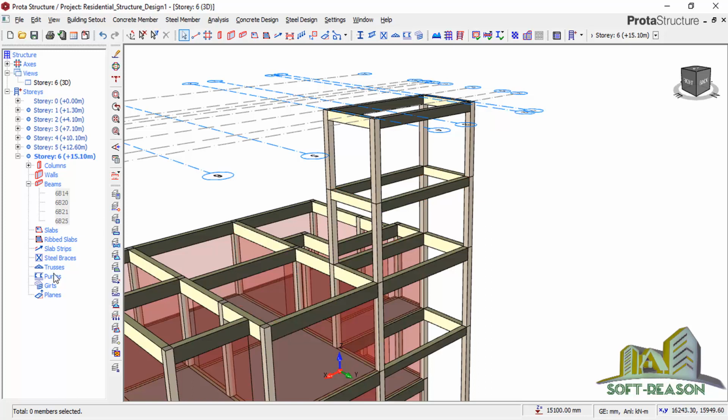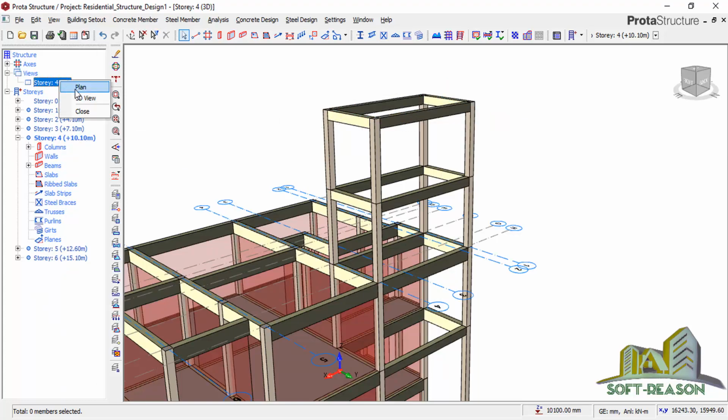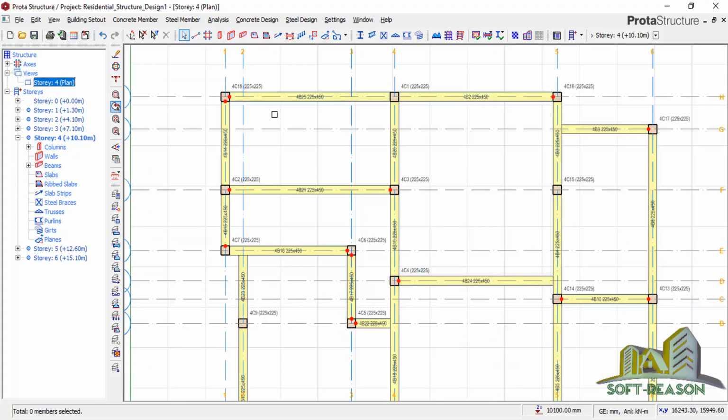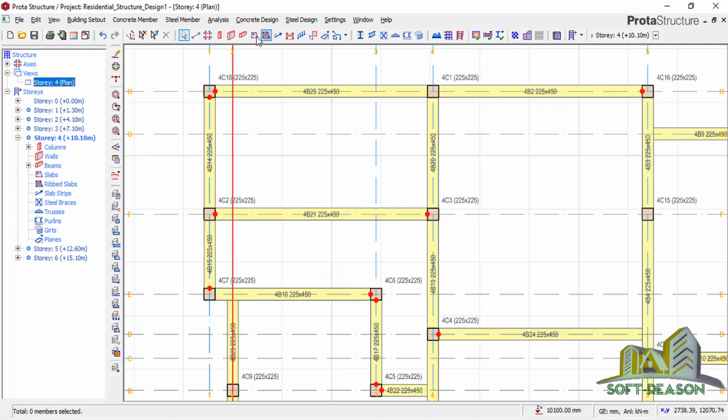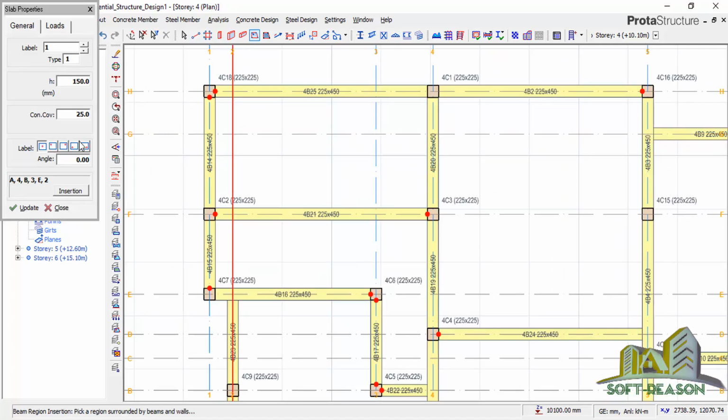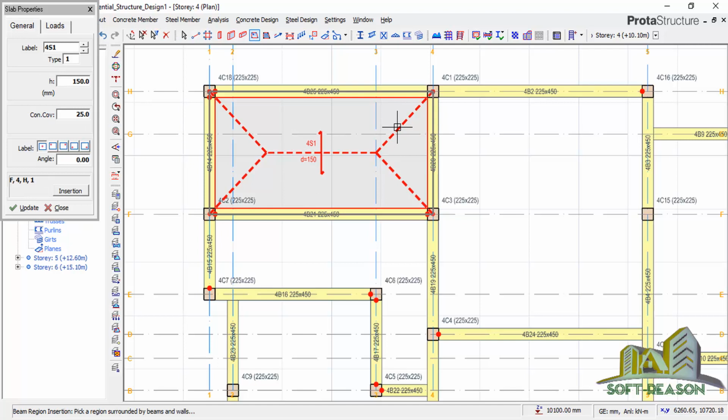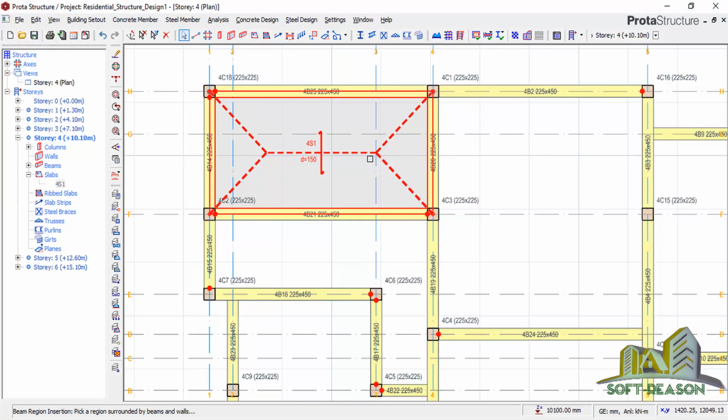So I will go to this level 4. Okay, navigate to the plan view. Okay, then I'll fix the slab here. Alright, just like this, okay. Close this. The slab will be having an opening, okay, where they can pass through to access the story 5th